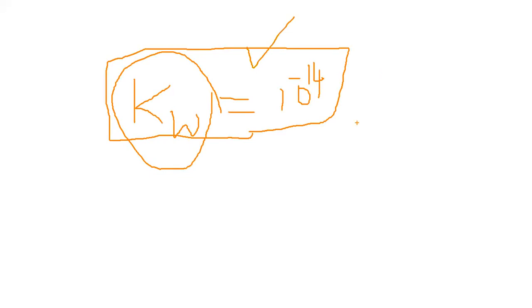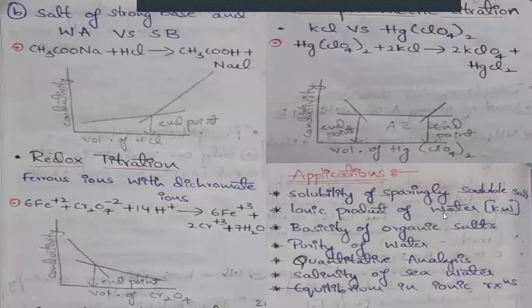But sometimes we are not taking pure water. We are taking some other water, impure water, something. So we can identify whether it is purified or not by using the Kw value of that particular sample solution, right? This is the standard ionic product value of water. By comparing with the standard value, we can easily identify whether it is purified or has any impurities. So that is the second application, ionic product of water.